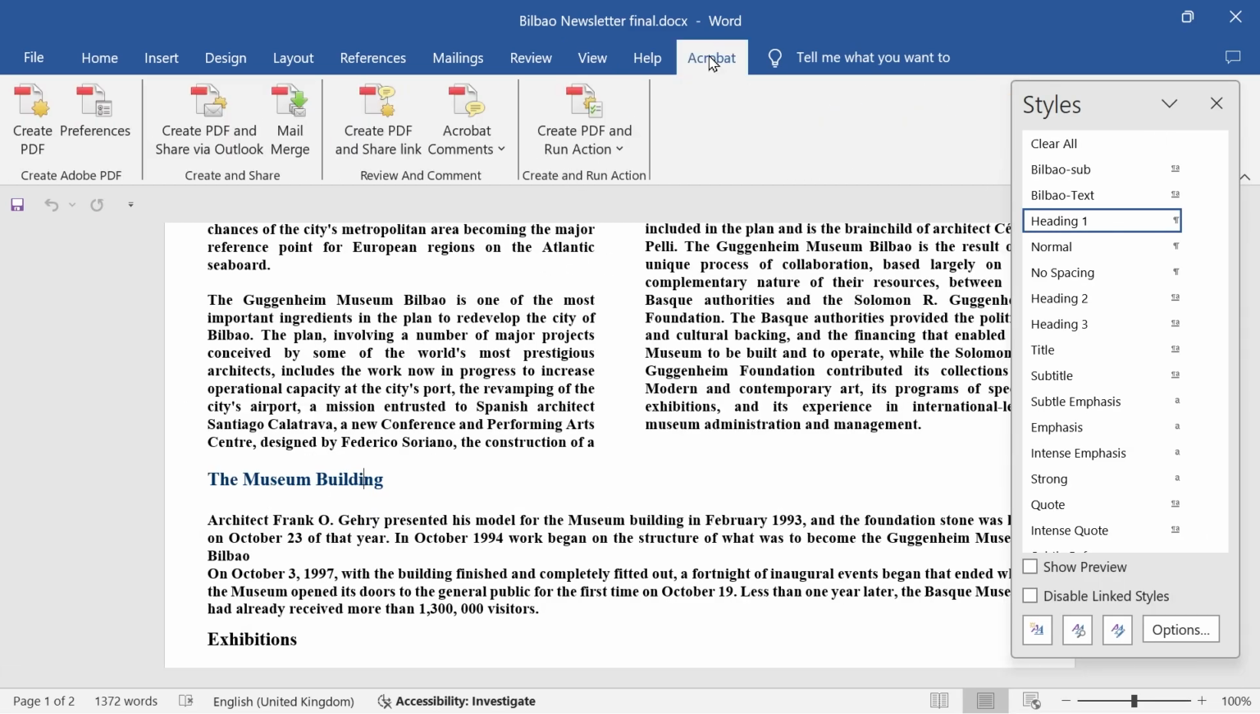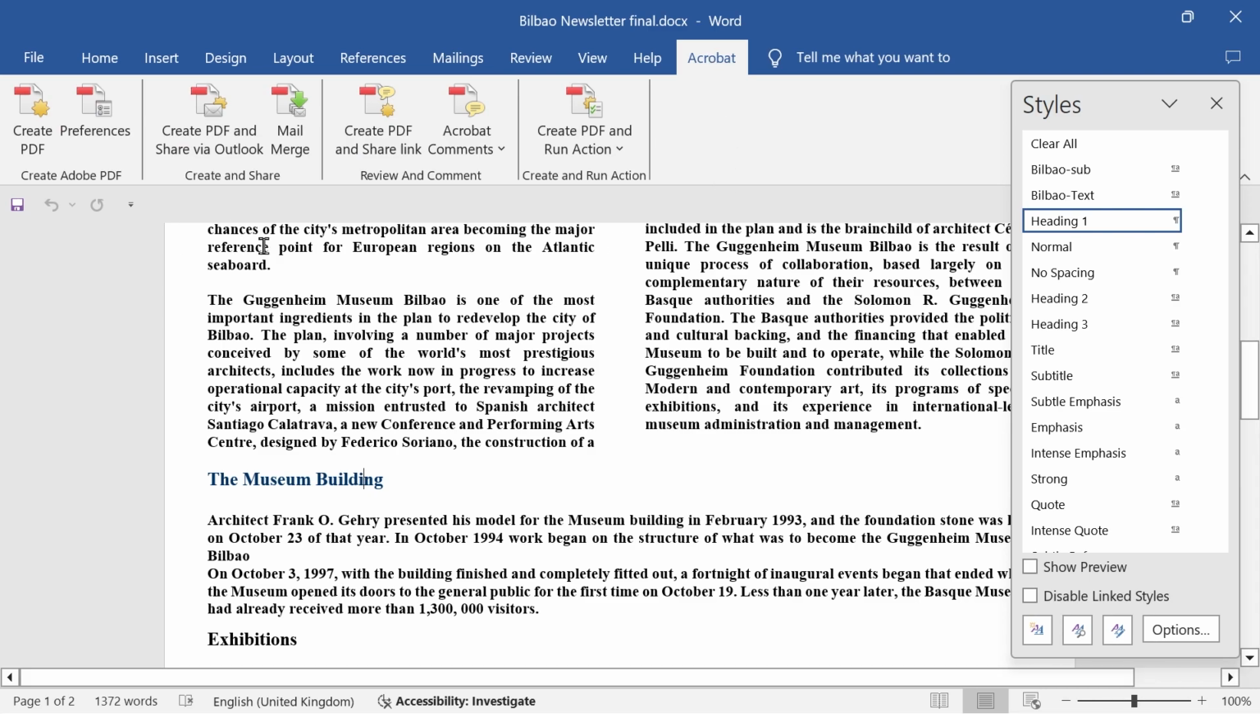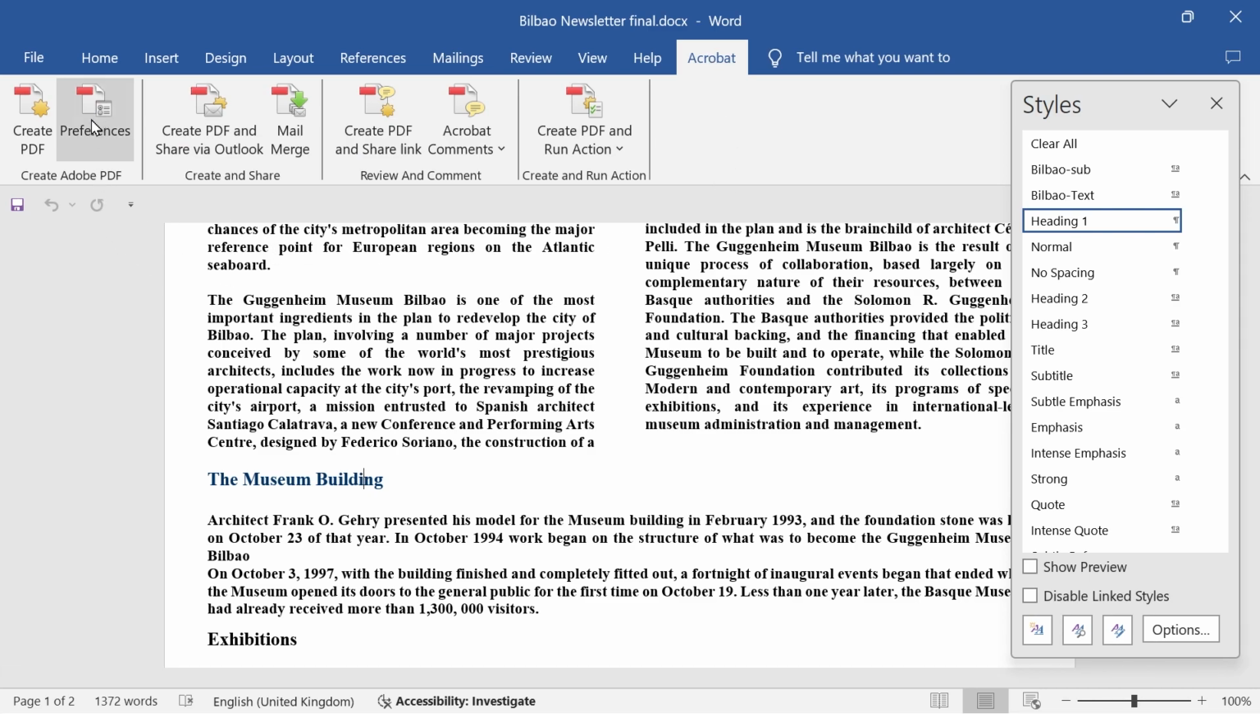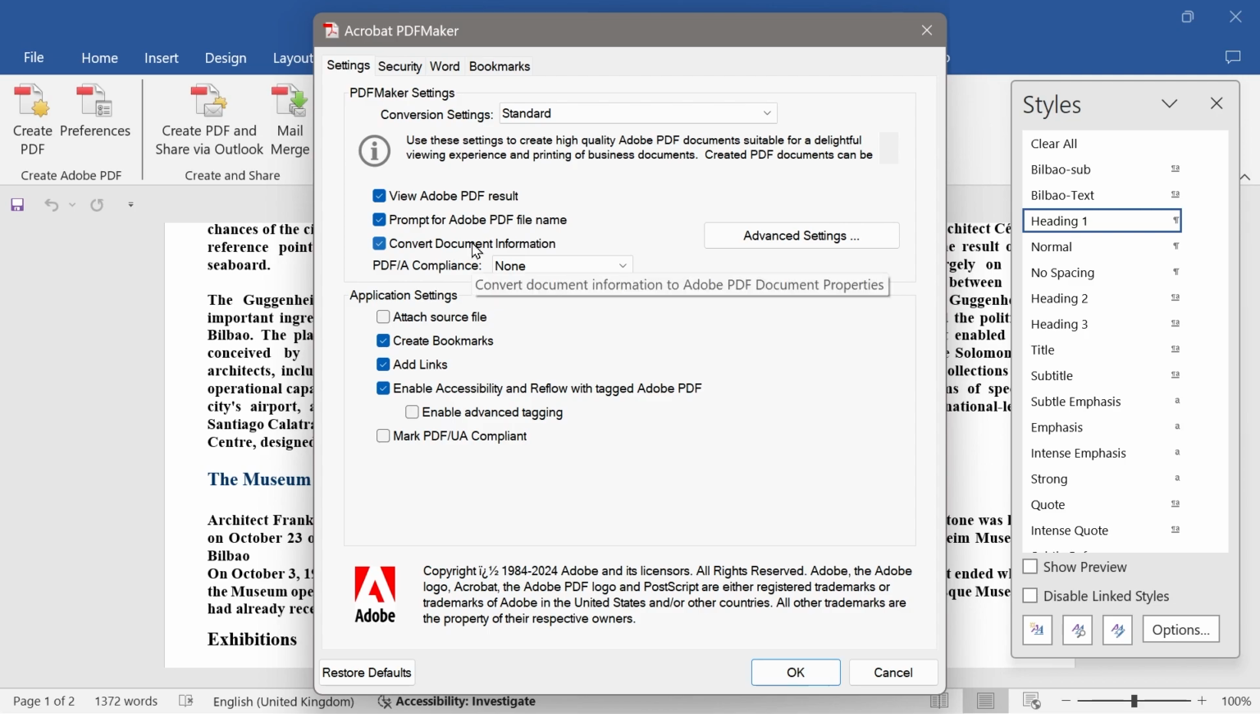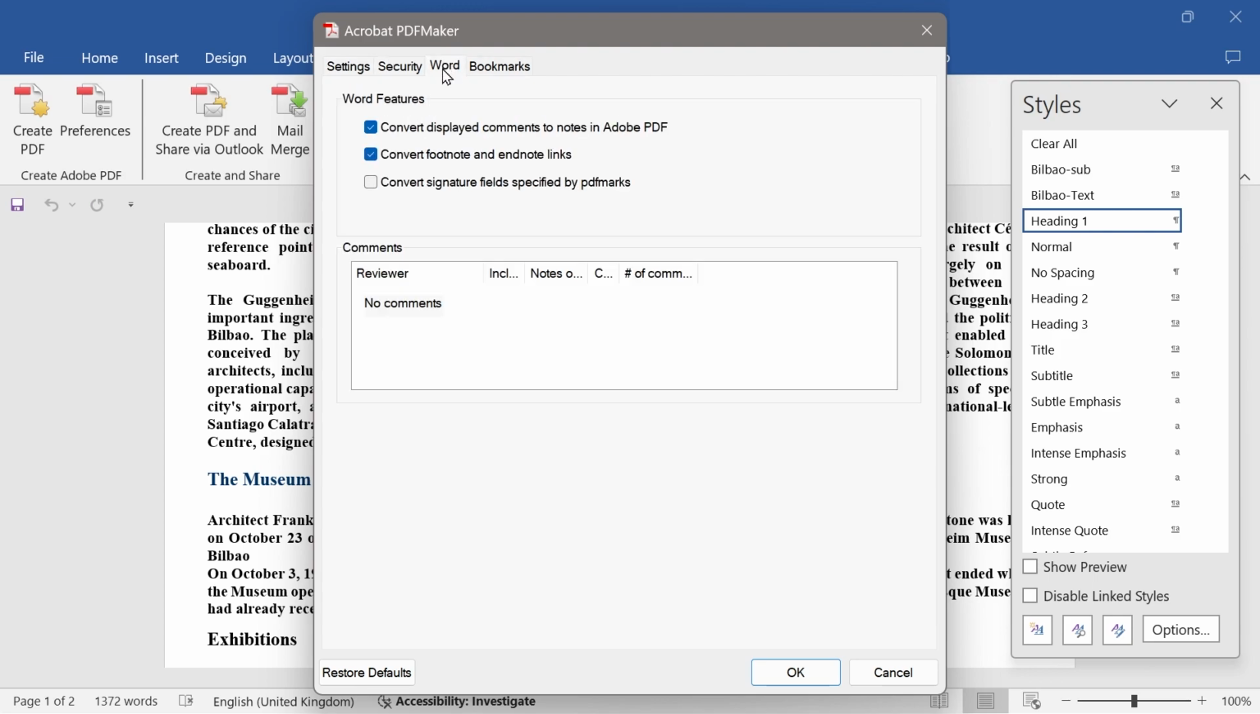The first one is you just go to the Acrobat tab. And if we click on preferences here, this is how we're going to convert using the Acrobat PDFMaker. So with the PDFMaker, we can actually see a bunch of different stuff. For example, you can have bookmarks, and that will actually transfer over, right? And then you can do security, Word,